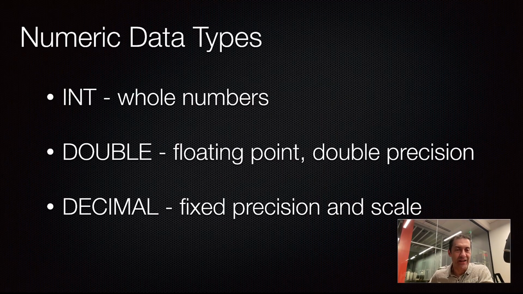As you can see, these are the core numeric data types: int, double, and decimal. Int is rather easy to understand. Whole numbers, there are no fractions. So anything that is data that doesn't have fractions, and we talked about age, anything else that represents a whole count integer will work, and int supports a rather large range of data.